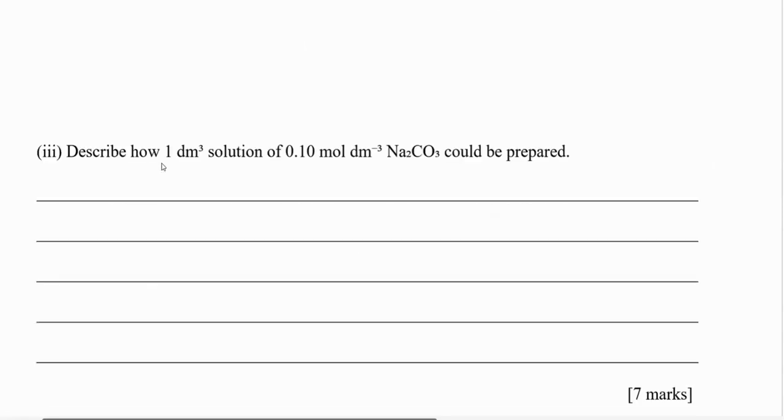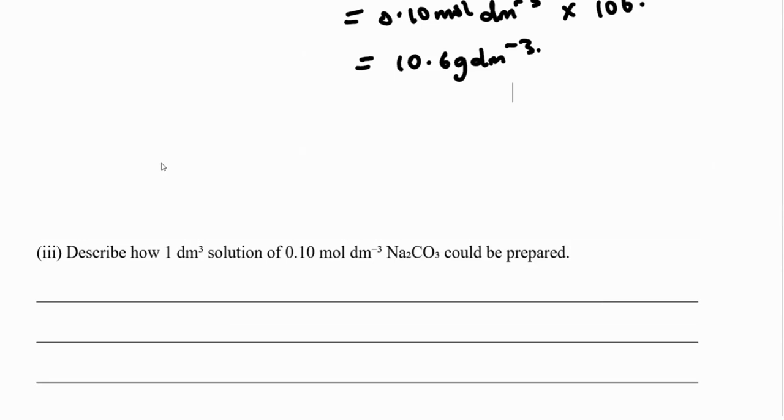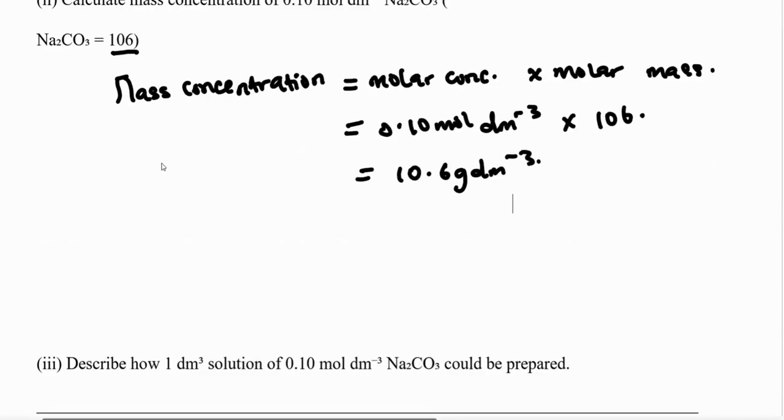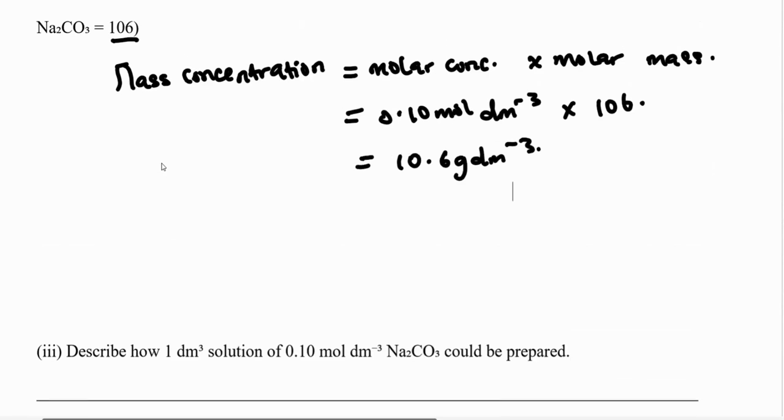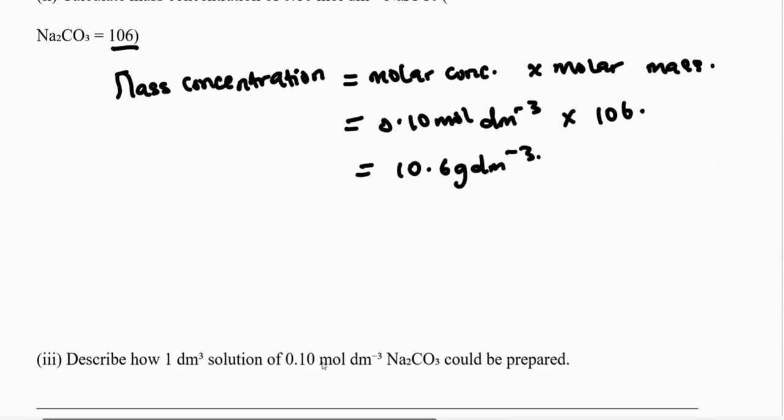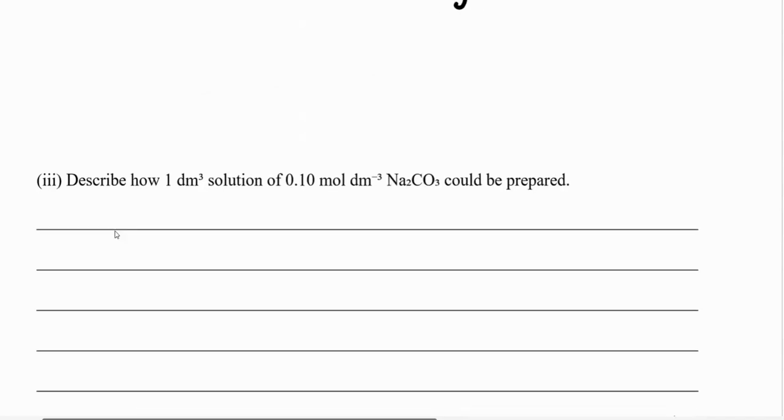Now the next question is describe how 1 dm cube solution of 0.10 mole per dm cube sodium trioxocarbonate could be prepared. Okay, how it could be prepared. Now, if you look at this question, it's actually relating with the previous one we just did, because we're dealing with 0.10 mole per dm cube, just as that's the molar concentration we saw here. So we'll be making use of the details in the previous question. So to prepare this, we would say